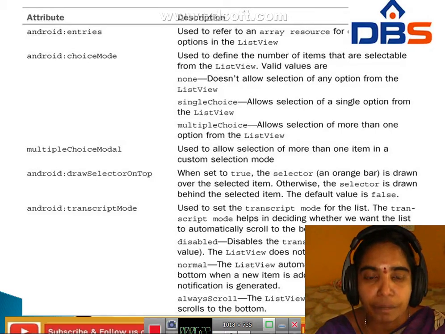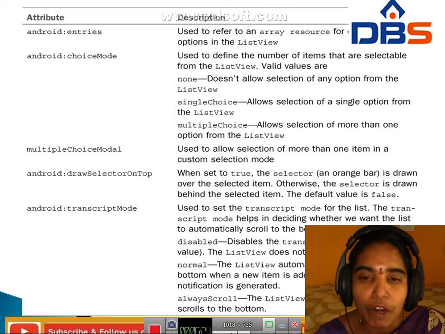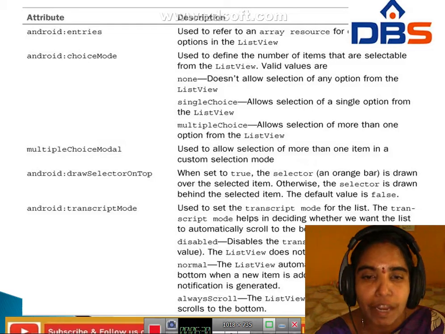Next, normal: the list view automatically scrolls to the bottom when a new item is added to the adapter and a notification is generated. Next, always scroll: the list view always automatically scrolls to the bottom.